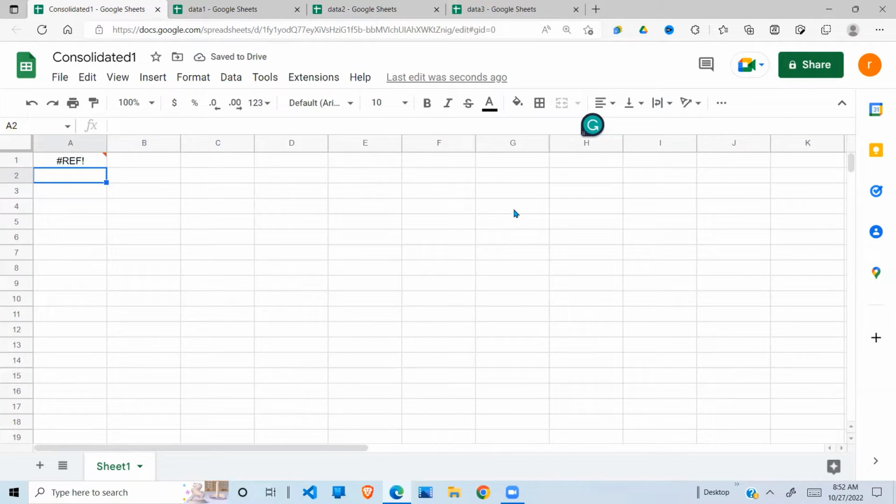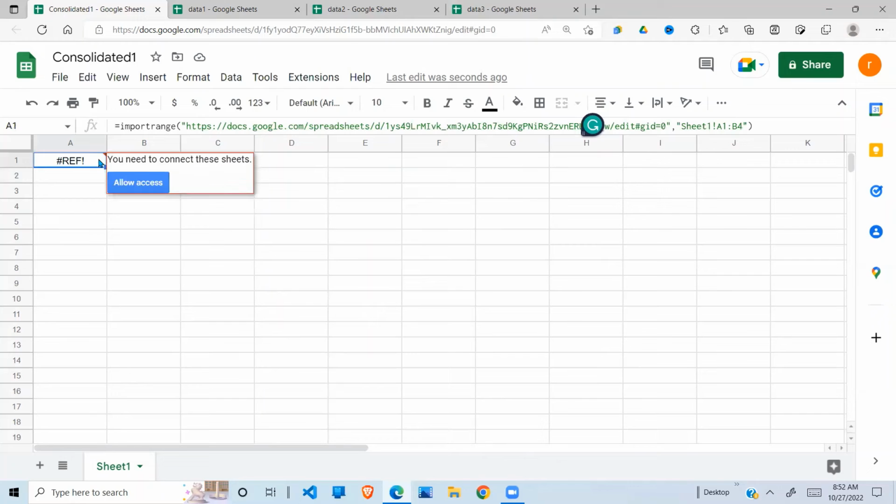The first time you do it, it gives you this IFERROR. So let's hover over it and see what error it says. You need to connect these sheets. This one is very important. If you're going to do this, you need to connect the sheets. And right below here, there's a button which says Allow access. So you press that button, it allows access, and there you go. It imports our data